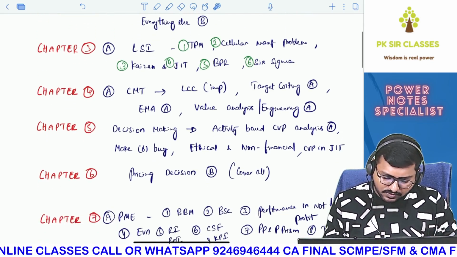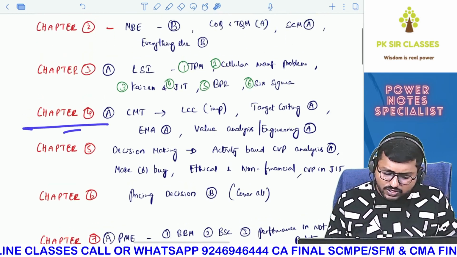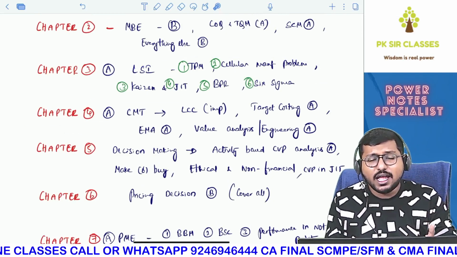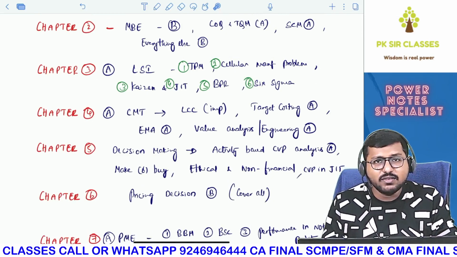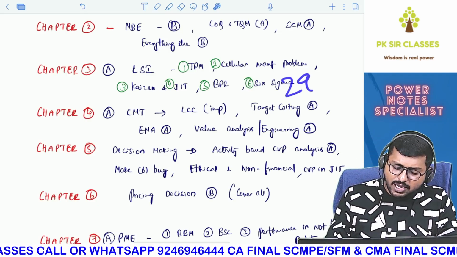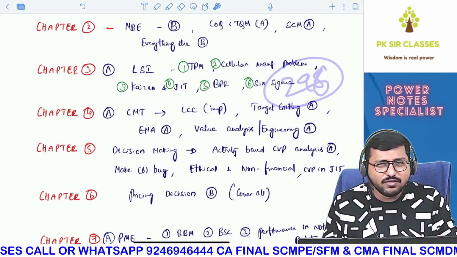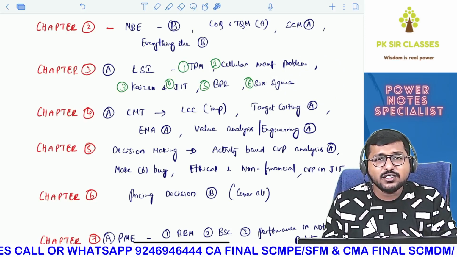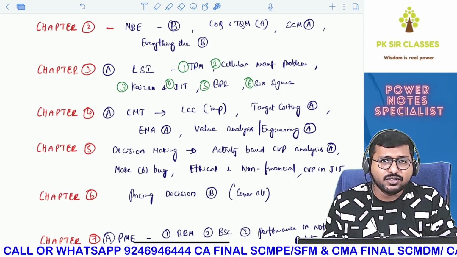And moving on to chapter 4, of course, in my power notes, as you guys know already, all these things have been given in a summarized format. You can just read that the day before the exam, because you know that my power notes is around 296 pages if I'm not wrong. So 296 pages covering concepts of all the chapters, okay.